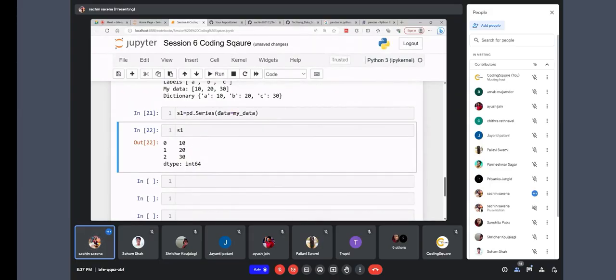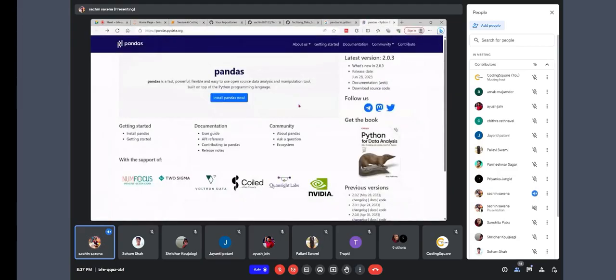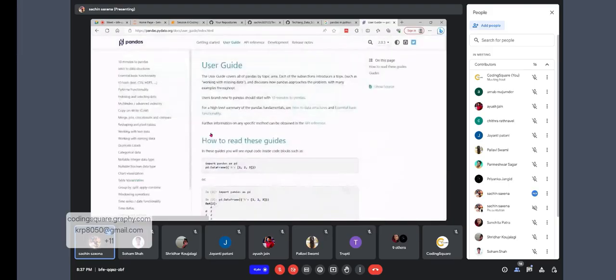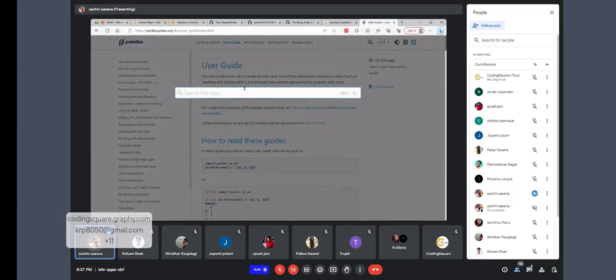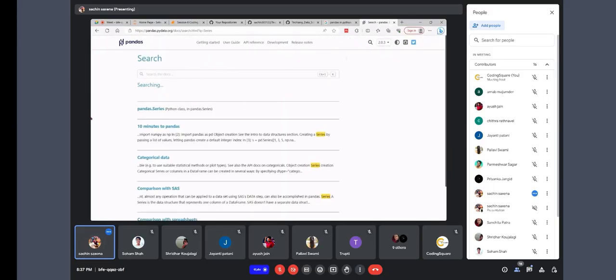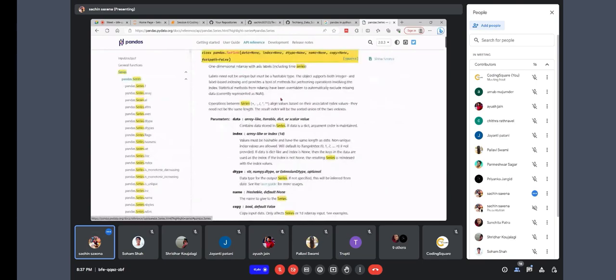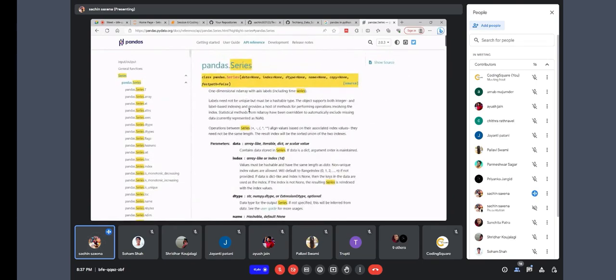Now come back to here. We have two questions. What is series? What is data? Okay, so let me go for series first. Let me find the official documentation, and let's see the user guide. Let me search in the documentation. Okay, can you see? So कोई भी ऑपरेशन करना उसका आउटपुट